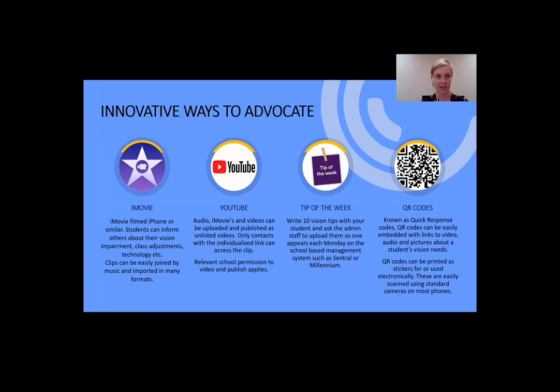Another idea that I thought of was tips of the week. So our team with our students, at times we write 10 vision tips with our student, and we've asked the staff admin to upload them so that one appears each Monday on the school-based management system. Such systems as Central or Millennium, I'm sure there's a million others, I'm just not aware of them. And we try to make it fun. So you can do it with primary school, high school. It might be something as simple as, can you keep the light switched